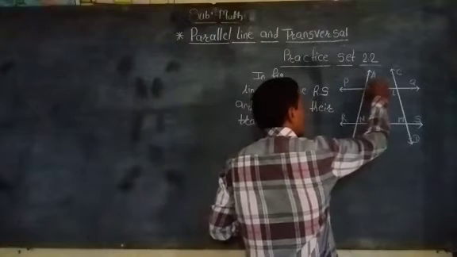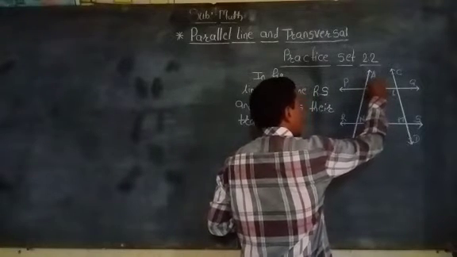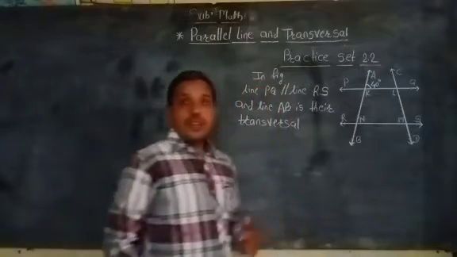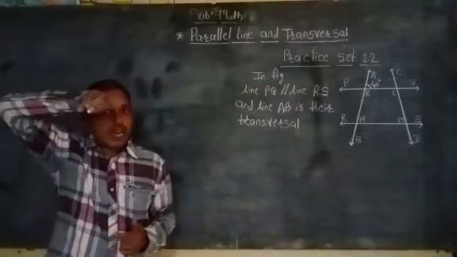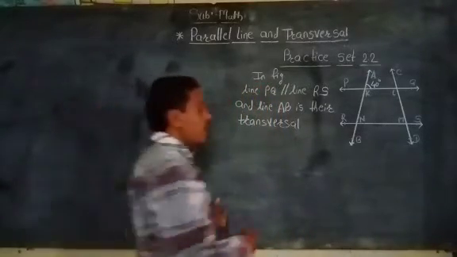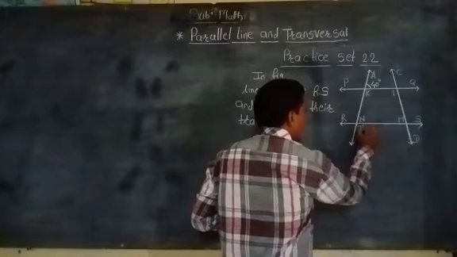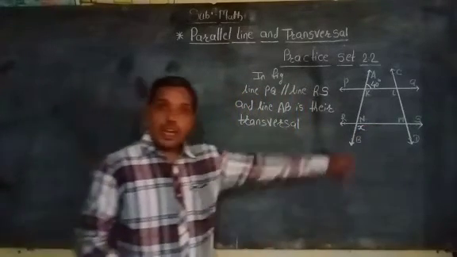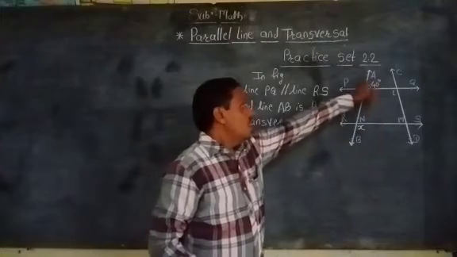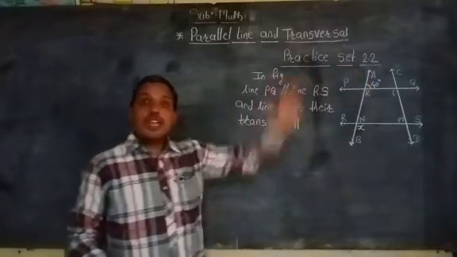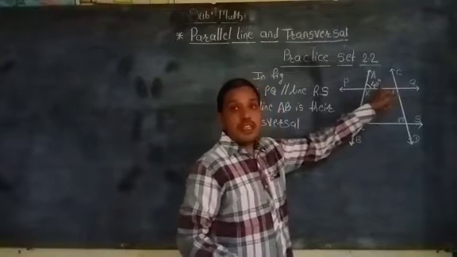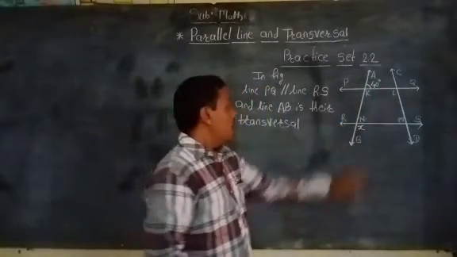So here the measure of the given angle is 40 degrees. We have to find the measure of the other angles, that means we have to find the value of x. So let us get the names of the angles. The angle AKL, the measure of that angle is 40 degrees, and the angle